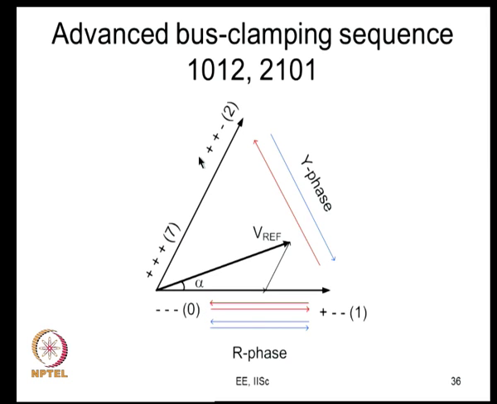You may worry about what happens to the balance, since some phases are getting switched more. What you will do is, in a different sector, or maybe in a different part of sector 1 itself, we may double switch another phase and clamp the R phase. So, everything will get balanced. If you employ the switching sequences in a symmetric fashion, all that problem will be sorted out.